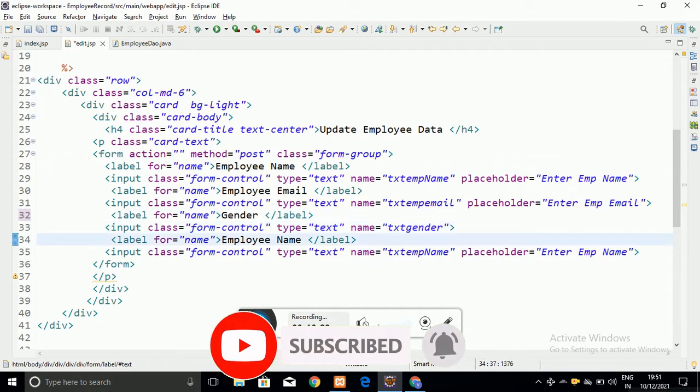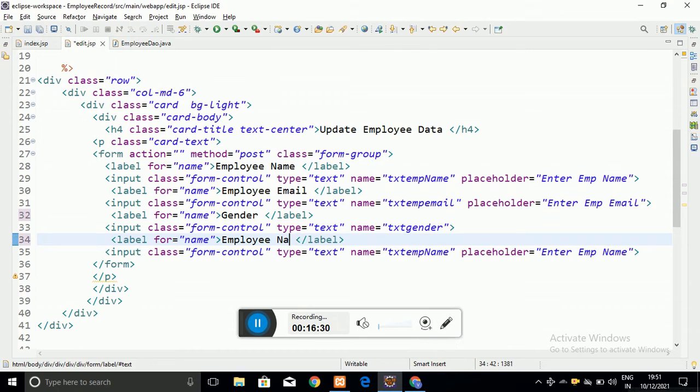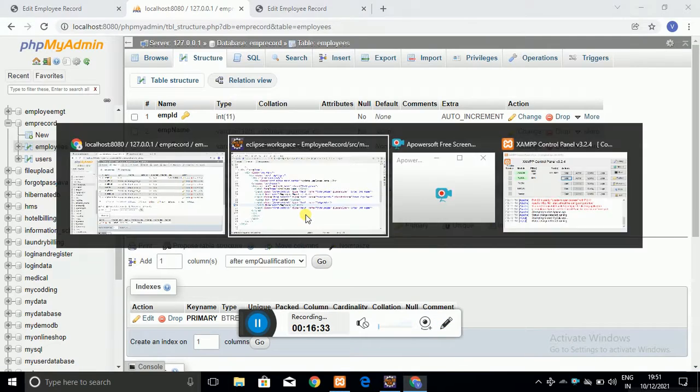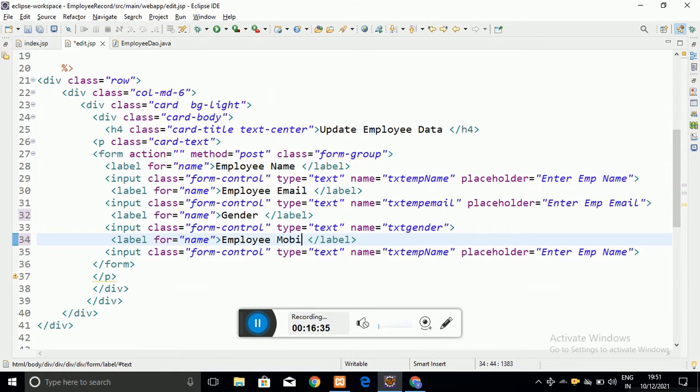So this is the gender, this is the mobile number, whatever we require I am going to replace here. I am just changing the labels and the placeholders.